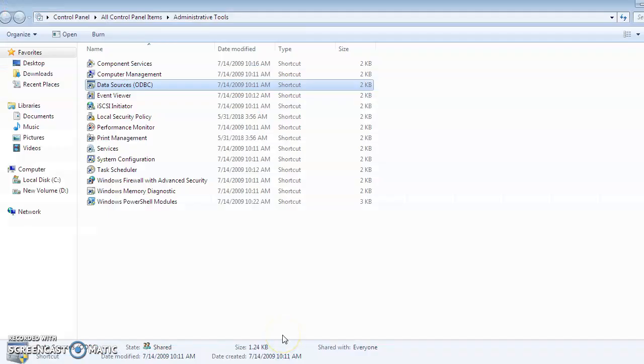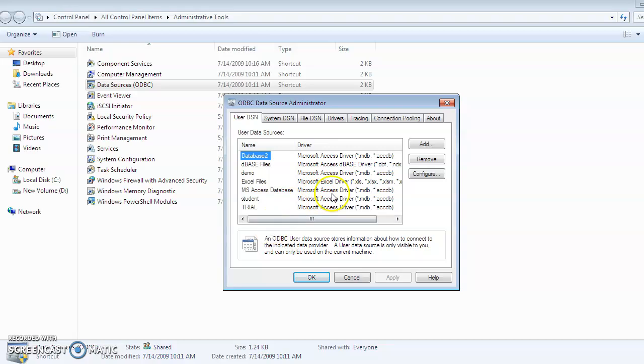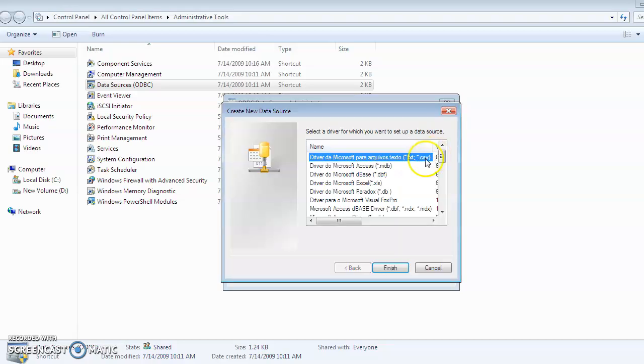Here you can see, once you come inside the control panel, you will get Administrative Tools, and inside the administrative tools you will get this ODBC bridge. You just click on it. You can see here I have already created the demo. How you are going to create that, I will tell you. First of all, you go here, add. Then in add you need to choose this one, Microsoft Access driver, and then finish. This is the type 1 driver from Microsoft Access and the JDBC ODBC bridge that we are trying to connect along with our MS Access.